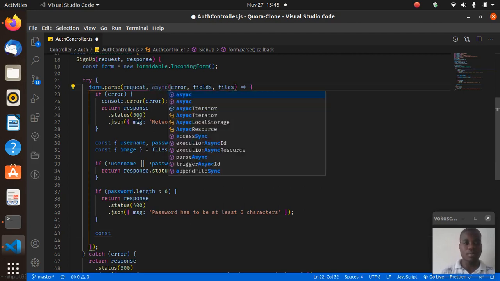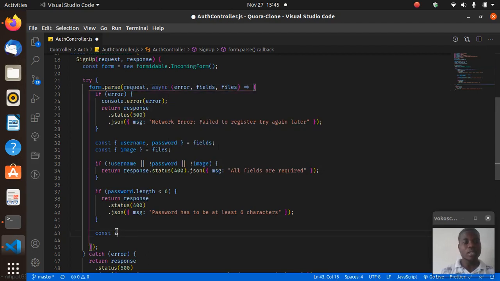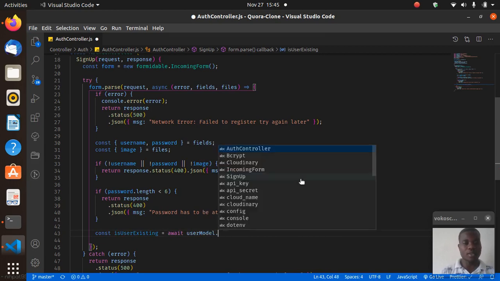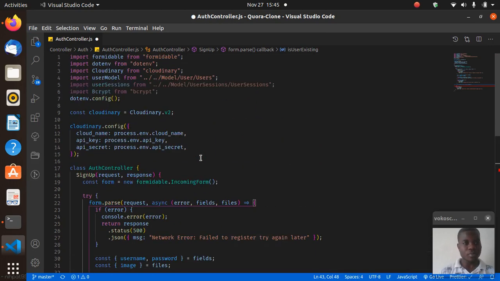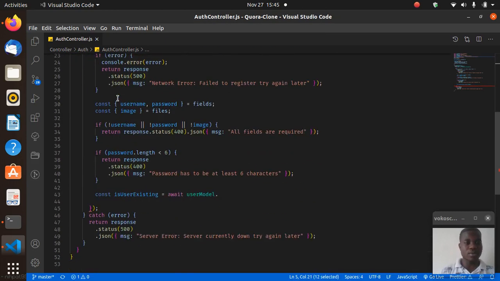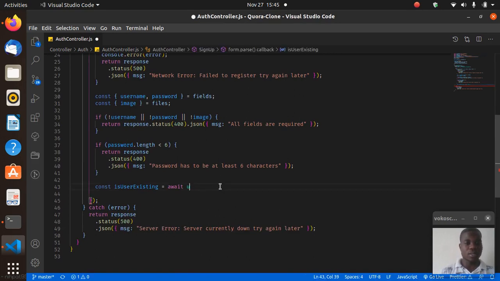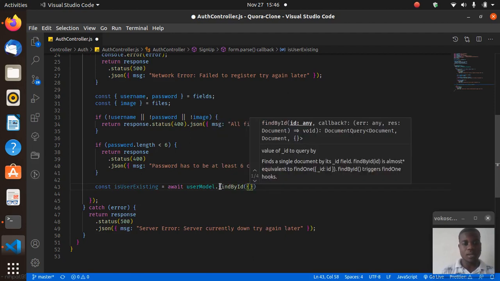So you say async, and then const isUserExistent equals await userModel.findOne, where the underscore